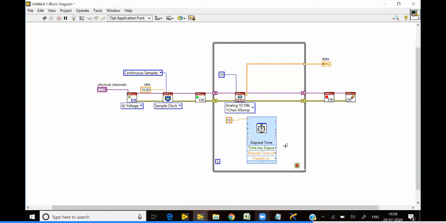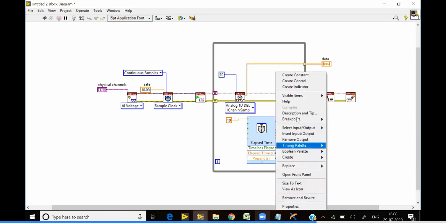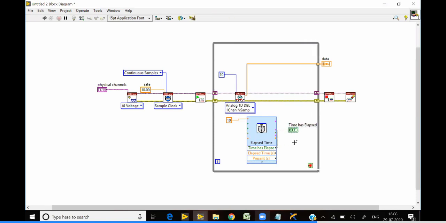It is like a stopwatch in your watch or mobile. When you start, it will continuously start the timing count, and every second it will increase. When it reaches this 10, the time has elapsed LED will glow. So what I'm going to do is connect this time has elapsed as our stop condition.